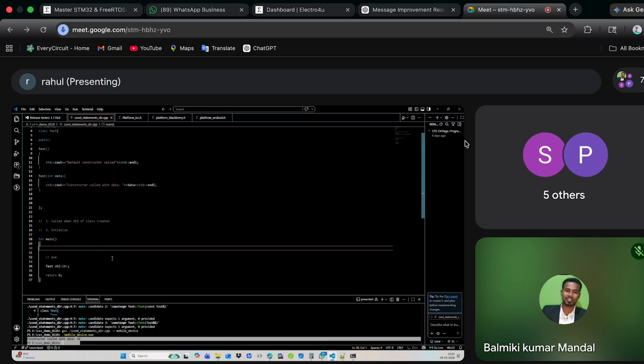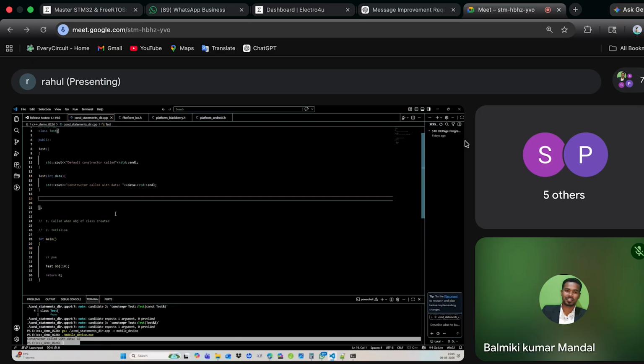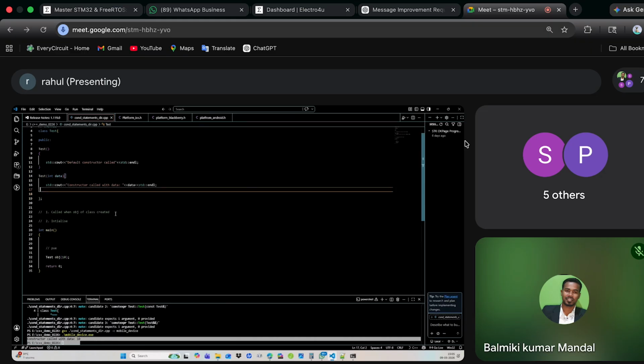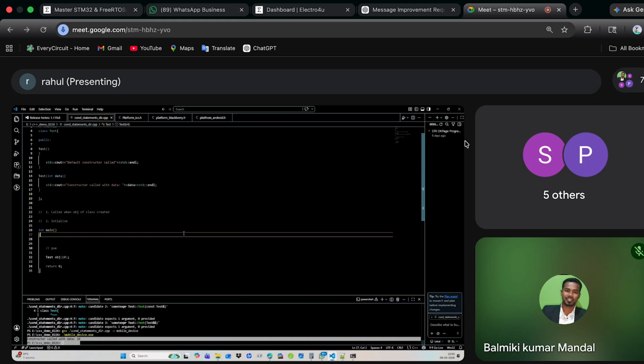I think both will get called. Only the parameter constructor. Okay, so Magas is telling both will get called, and Pawan is telling only the parameter one will get called. So Magas, why do you think both will get called?